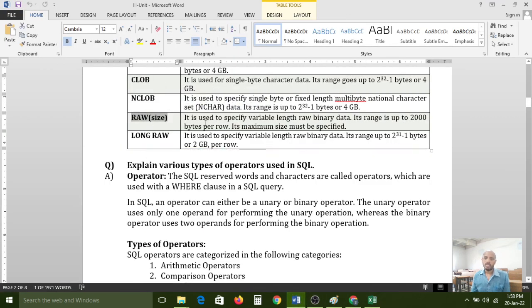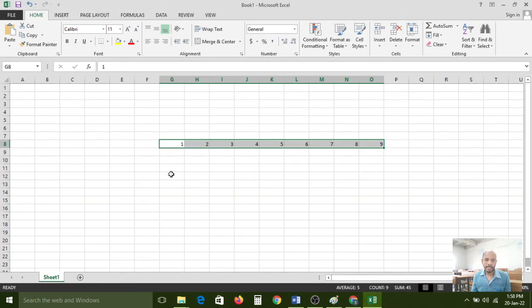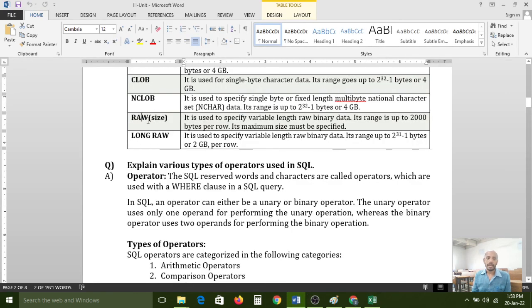It is used to specify variable length raw binary data. Its range is up to 2000 bytes per row. In my database, this is one row, so the complete row of data, the complete record data, is maintained by the raw data type.